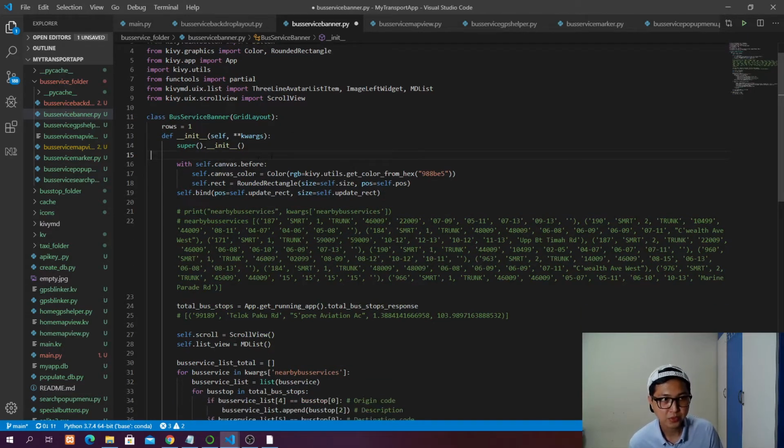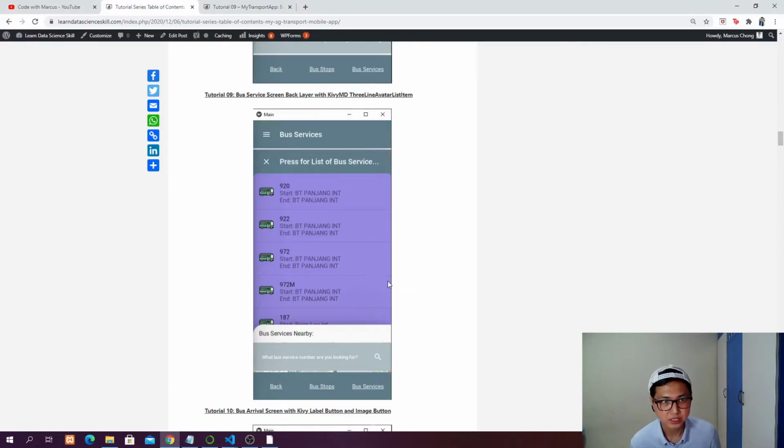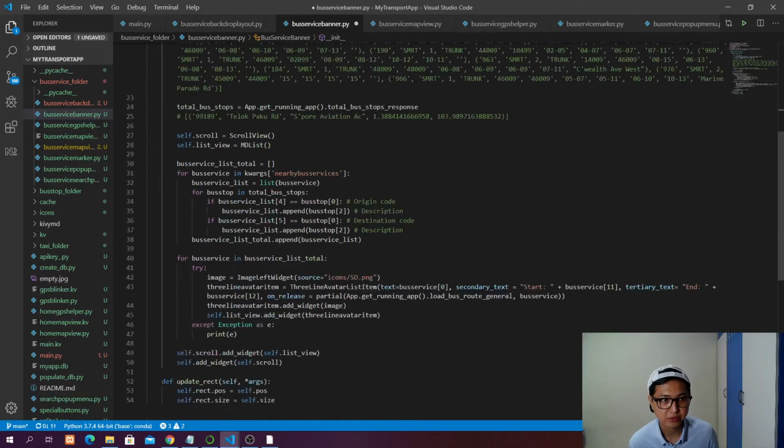First we want to create a canvas. The canvas color is going to be this hex color code, which will look like this, the purple color, and this canvas is going to be a rounded rectangle, and it's going to update its own position and size depending on your screen size. This is important: self.bind, and it's going to call this update rectangle function here,